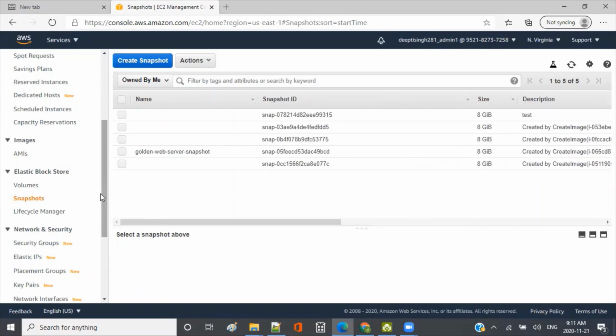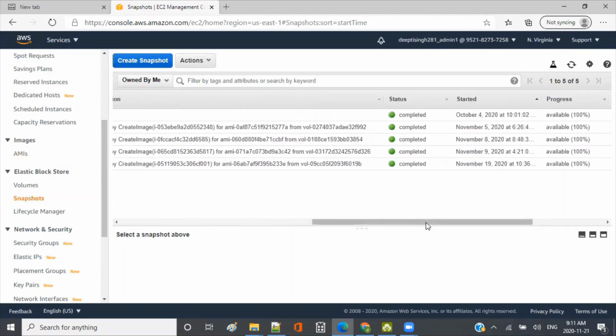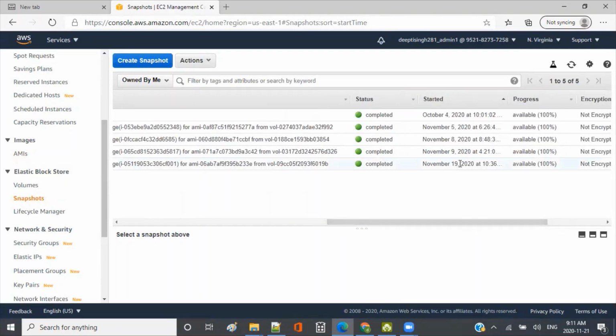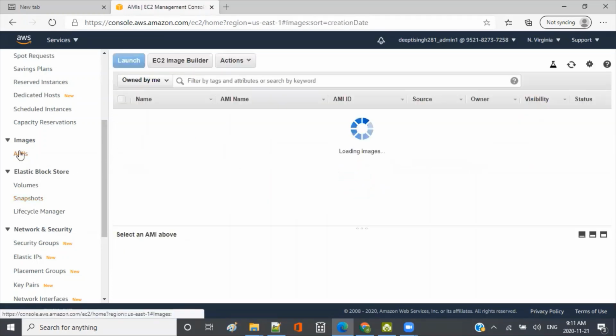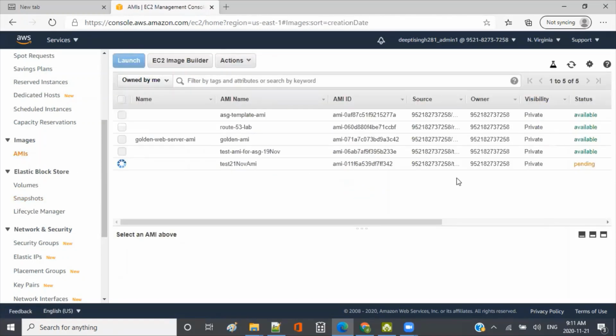If you see the date, November 2019, all these things, but we don't have anything for 21 November because it is still in process. Once the AMI is available, we'll see that it also created a snapshot.